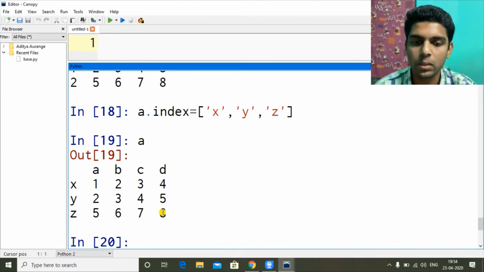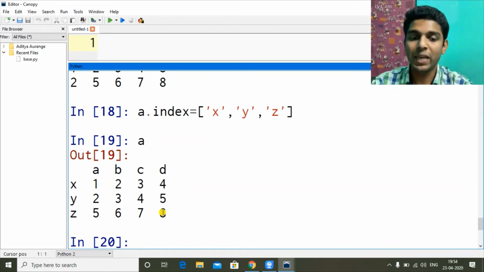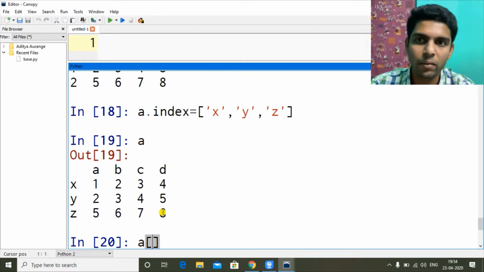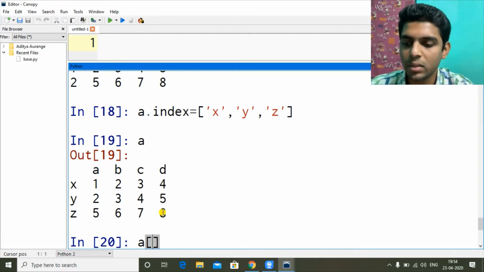Indexes and column names. So how we can access this data? So we can use indexing, how we use A square bracket. Then I used to give indexes there when we were indexing in numpy arrays and list. But here the column names are ABCD, index names are XYZ.